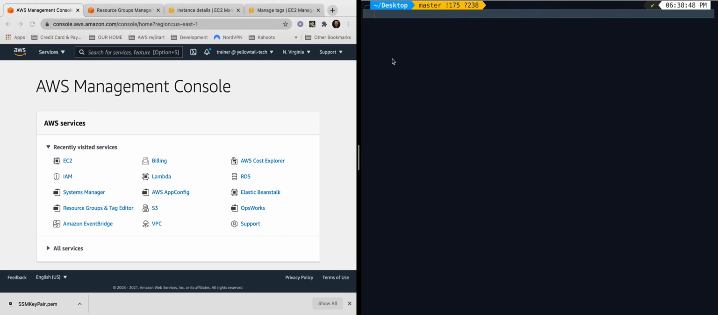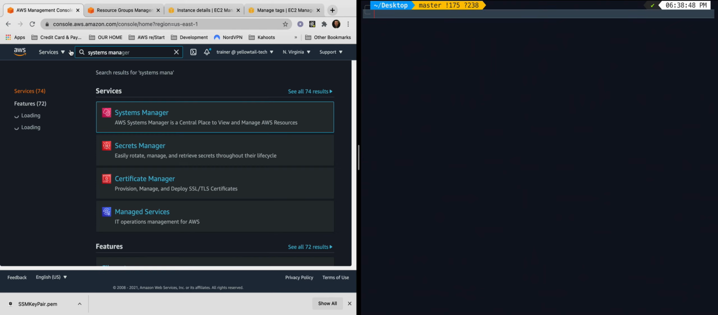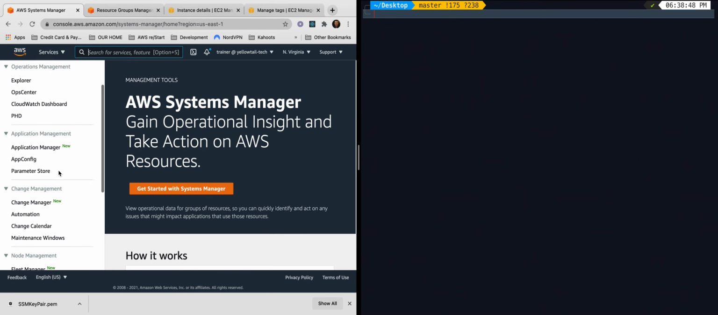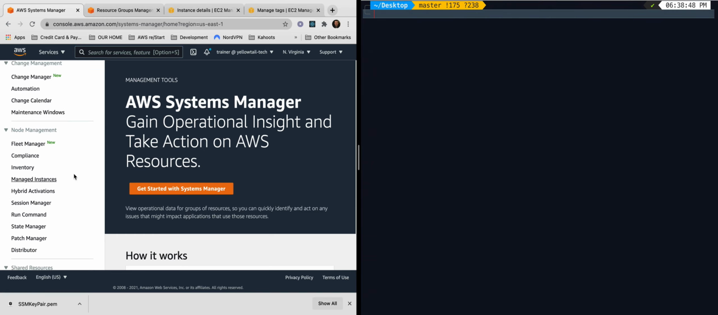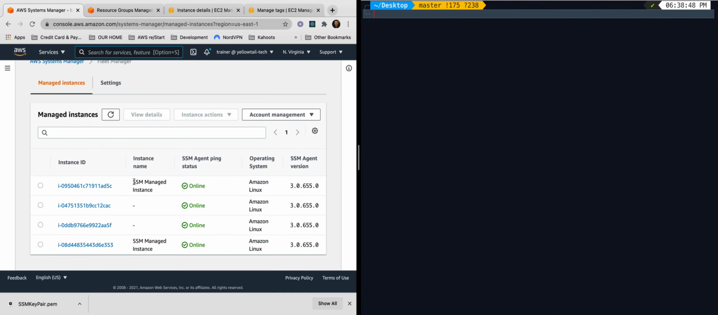Let us now install an Apache server in 2 instances at a time. So I want to make sure that the Systems Manager can see the instances. So now if I click here under Manage Instances, Systems Manager, it's able to see the 4 instances. I'm going to install the Apache server here in these 2 instances, the ones that have the name SSM managed instance. But first, I want to be able to